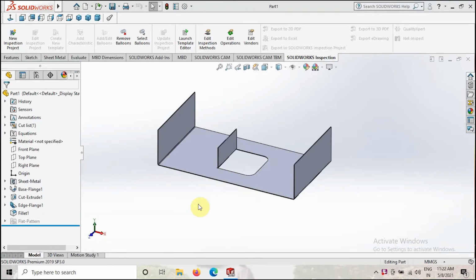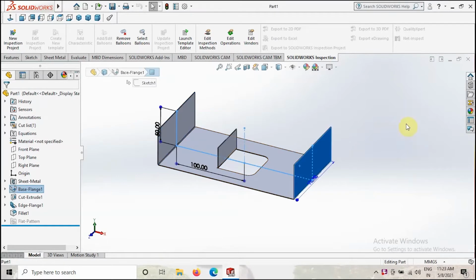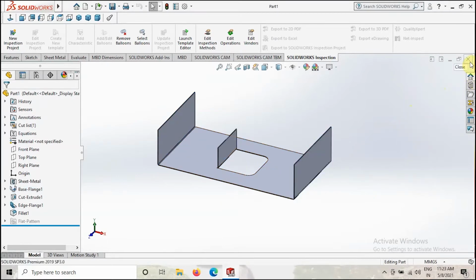In this video we will discuss how to make the flat pattern, and also the issues we are facing in flat pattern. This is the most basic issue we are facing in flat pattern. Let's discuss that also. Before that, I will do this simple modeling just for refreshing your knowledge.